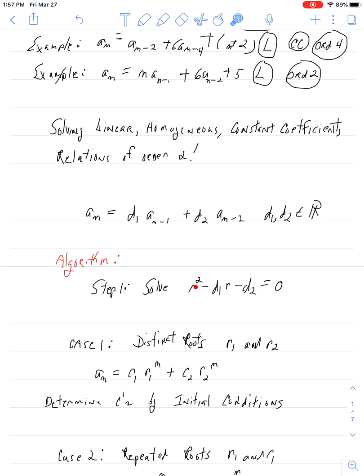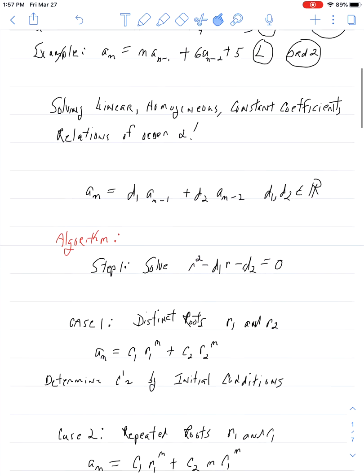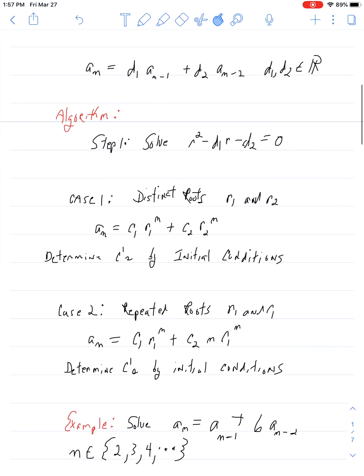And you will notice there's a minus sign here and a minus sign there. Now, whenever you solve a quadratic equation, you're going to get two solutions. And there's going to be two cases. And the two cases are